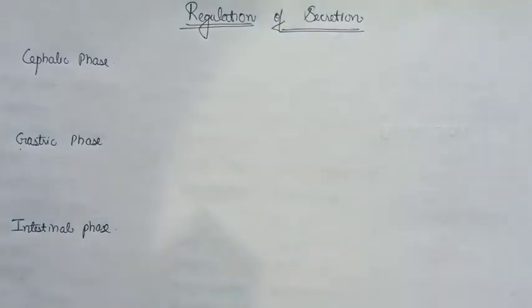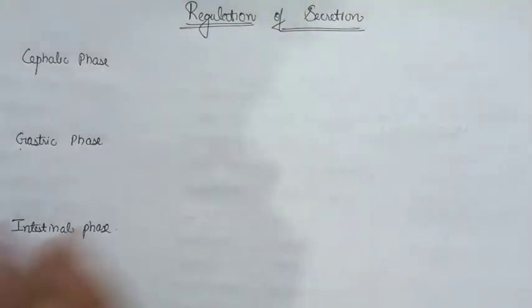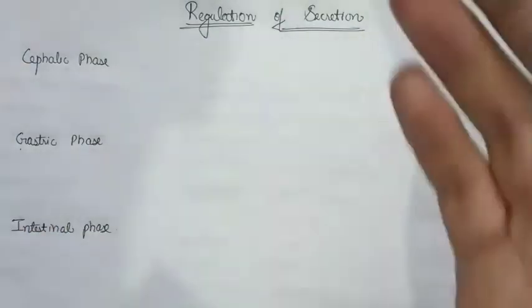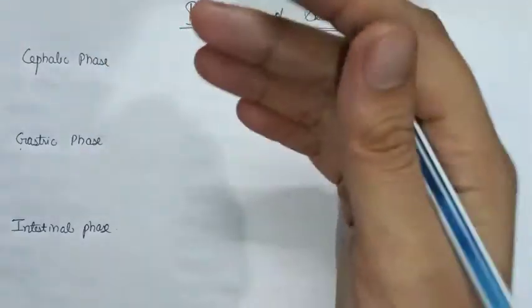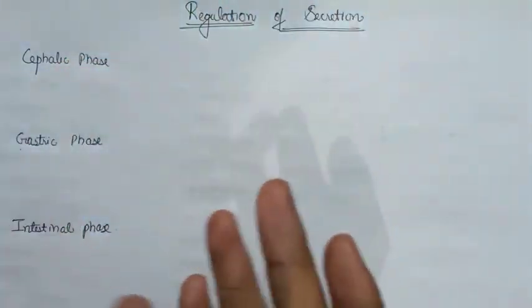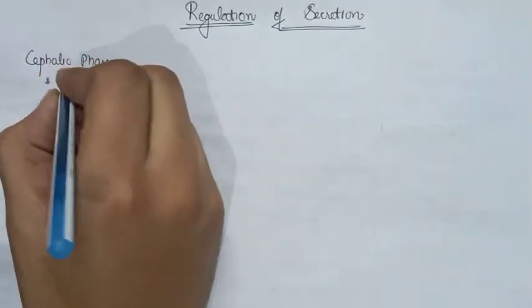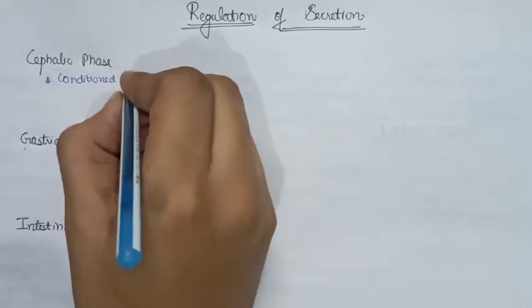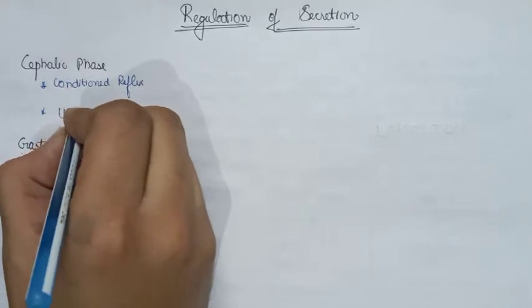What happens in the cephalic phase is that it stimulates the secretion of the pancreatic juice even before the food has entered your esophagus. The cephalic phase starts, or is stimulated, when you are thinking about the food. It may be the sight, smell, thought or even hearing. That comes under the conditioned reflexes. So the cephalic phase has two parts: the conditioned reflex, and another part, the unconditioned reflex.